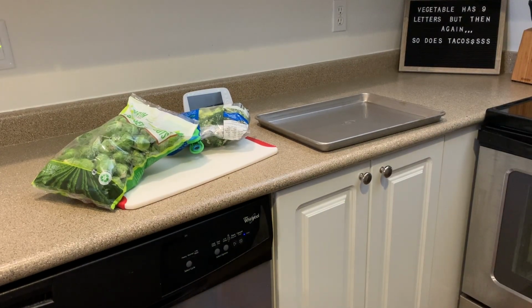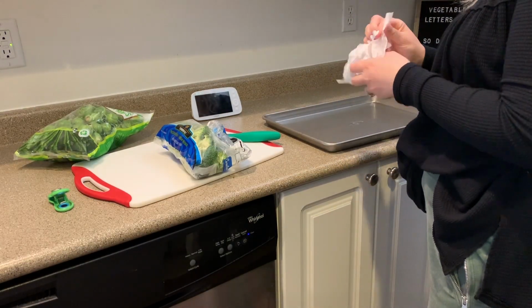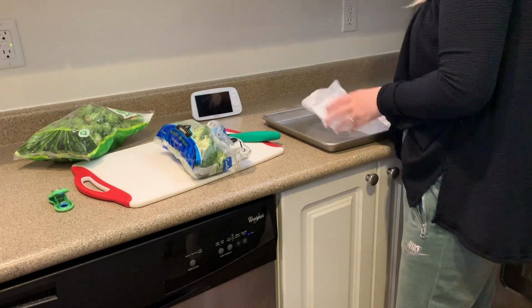When Logan is asleep, that's the easiest time that I can get any type of food or meal prep done. So I thought that I'd just go ahead and prep some veggies real quick. We're going to roast them in the oven. If you see this trick here, I'm just folding up my